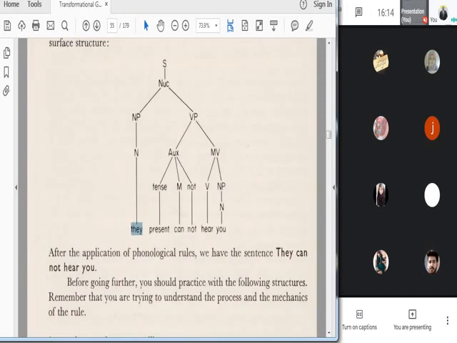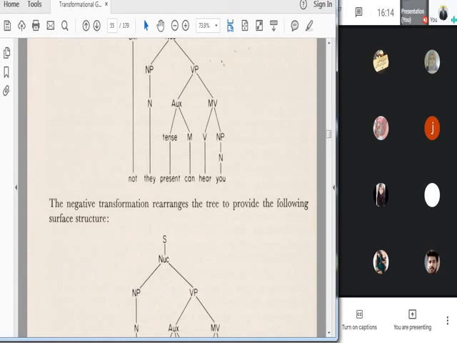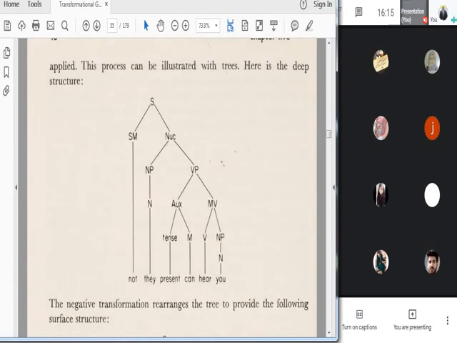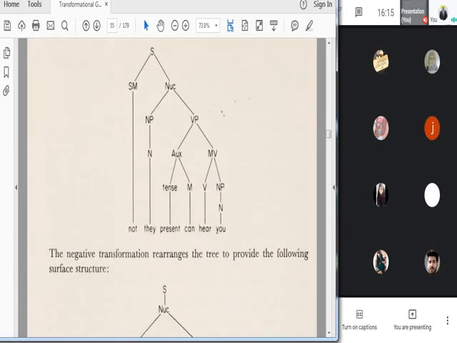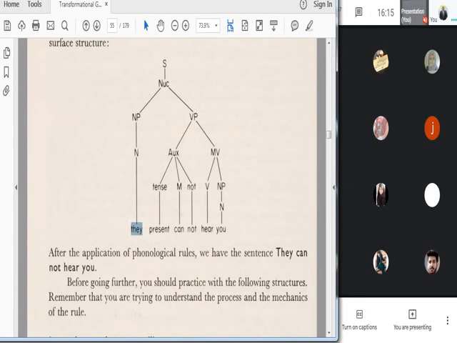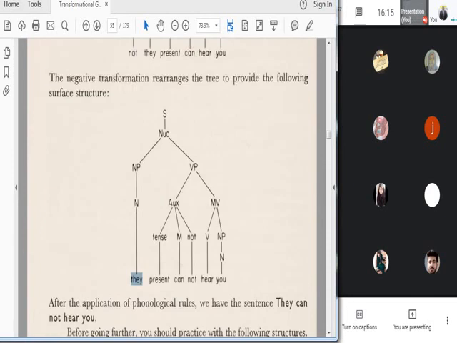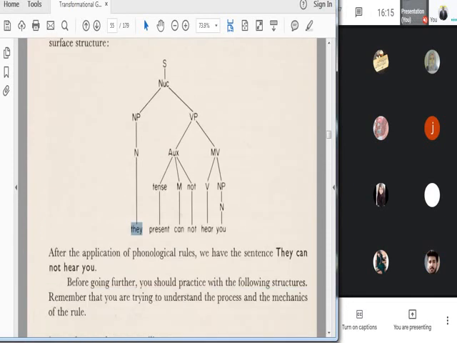Now we move to the negative surface structure. They, present, can, not. So look at the places of not. In the deep structure, what is the place or the position of not? It was a sentence modifier, right? What about not right now in the surface structure? Where do we place it? It is one of the nodes under the auxiliary. So it is part